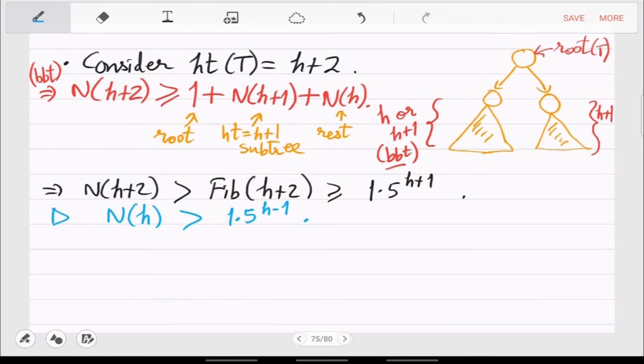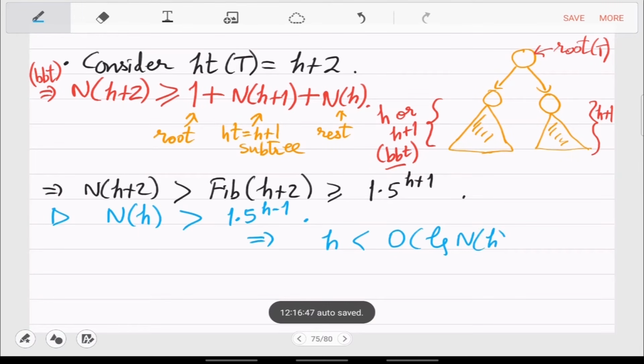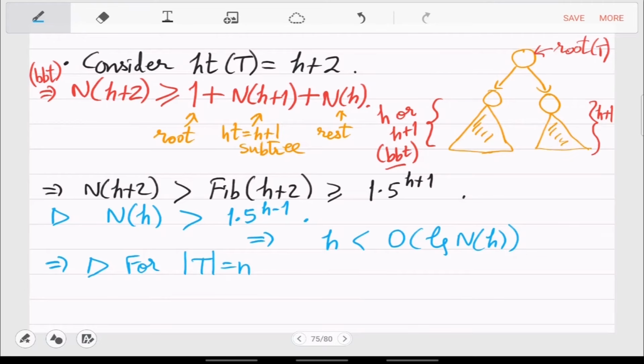So which means that equivalently you know that h is then less than log of nh. Okay, so which means that for tree size n, the number of nodes n, height is at most log n.